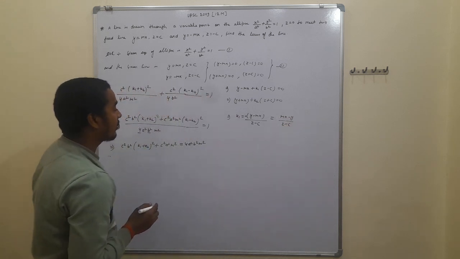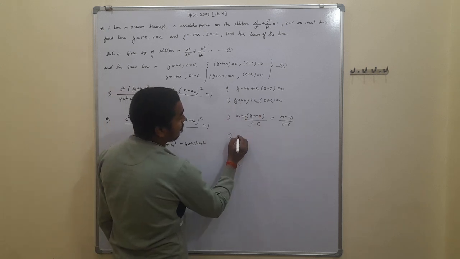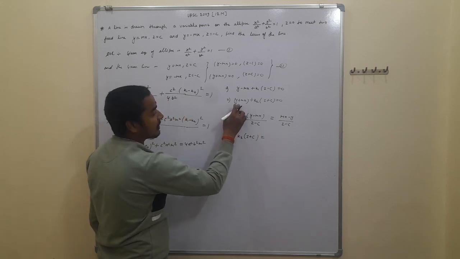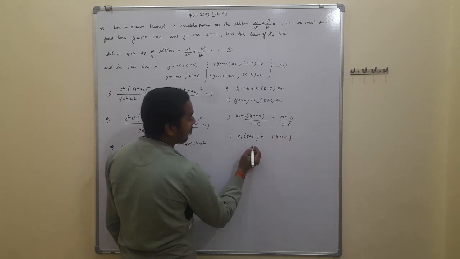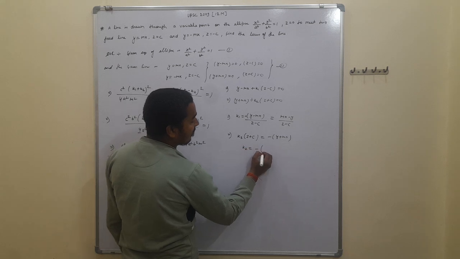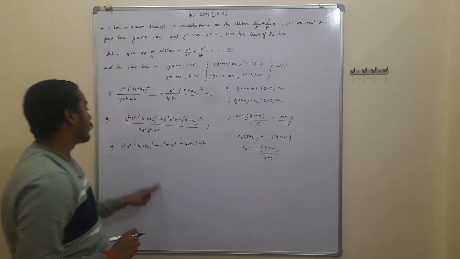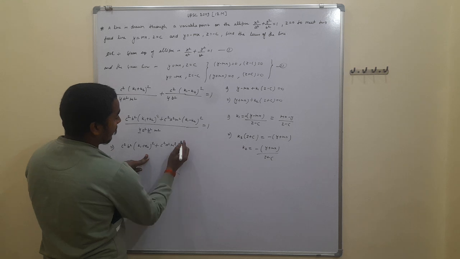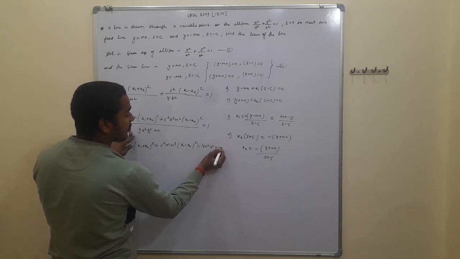This is the value of k1, and we can also find the value of k2, that is k2 into z plus c is equal to y plus mx taken to the right hand side, that is minus of y plus mx, and from here k2 is equal to minus of y plus mx upon z plus c. So we have to put here the value of k1 and k2. Once again here is k1 minus k2 whole square is equal to 4a square b square into m square.